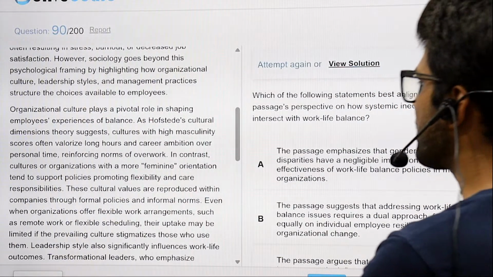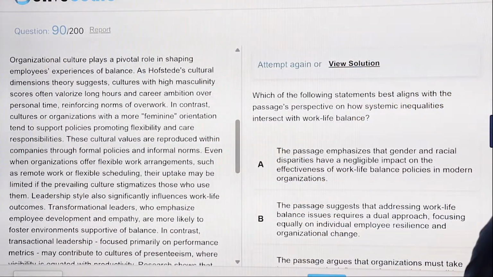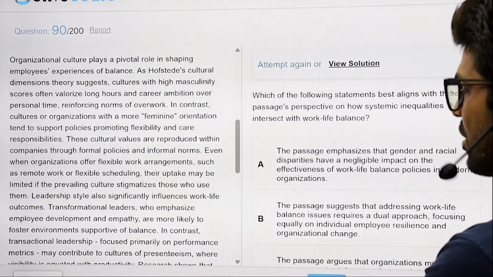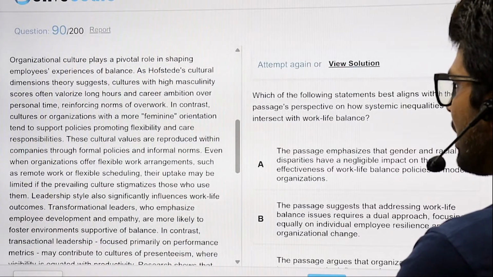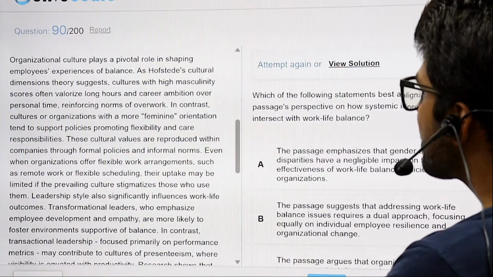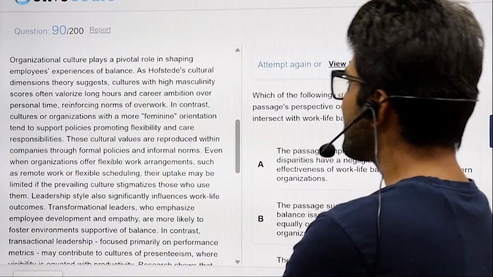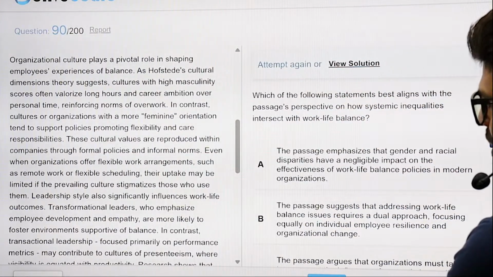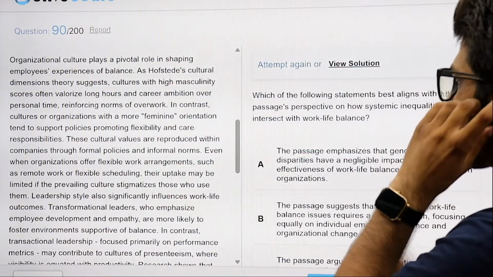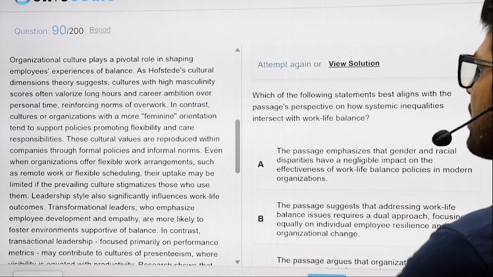choices available to employees. Organizational culture plays an important role in shaping the experiences of balance, as Hofstede's dimension theory suggests. Cultures with high masculinity scores often valorize long hours and career ambitions over personal time. Has to be negative. Cultures with high masculinity scores often valorize long hours and career ambition over personal time, reinforcing norms of overwork. Absolutely. In contrast, cultures or organizations with a more feminine orientation tends to support policies promoting flexibility